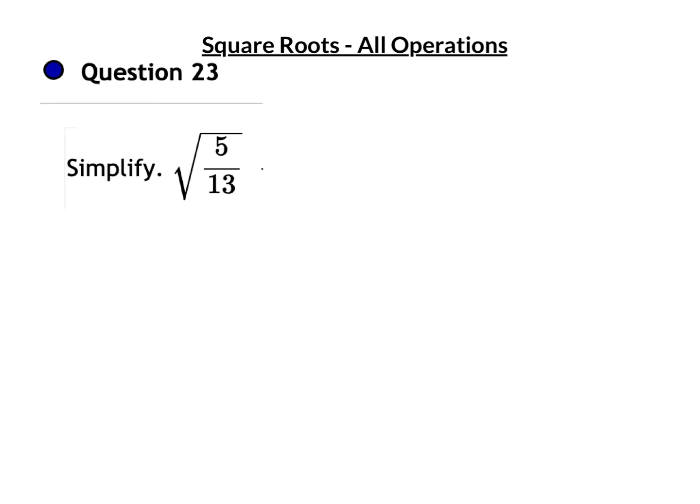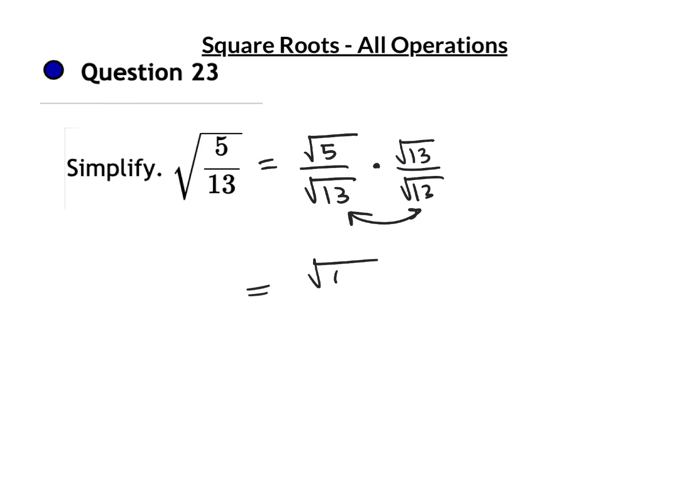Question 23. Anytime you feel like it, if you have a fraction under a root, you can split up that fraction and make it into 2 roots. Root 5 over root 13 is the same thing. We don't leave roots in the denominator. We'll multiply by 1. Root 13 over root 13. This creates a perfect square there. This is root 65 over root